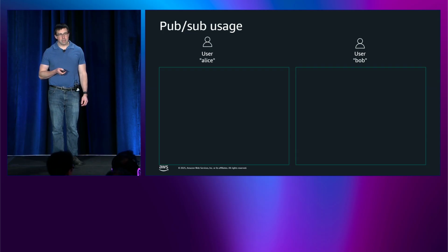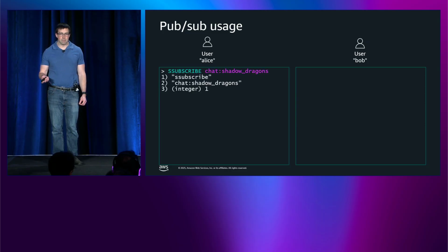So how does this work in practice? How do you actually do it? Let's say we have two users here, like we had before, Alice and Bob, and they want to join and participate in this chat room. So for sharded PubSub, we'll use this subscribe command for Alice to subscribe, and we'll prefix our key name here